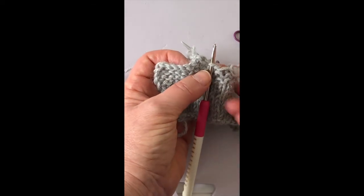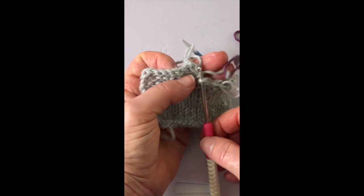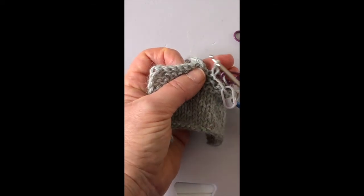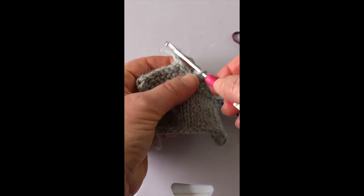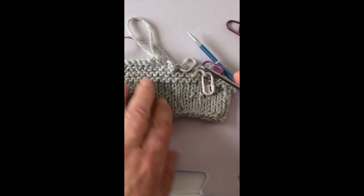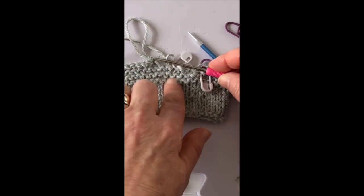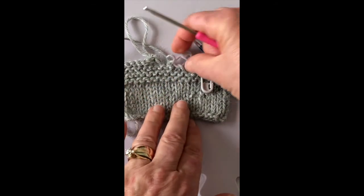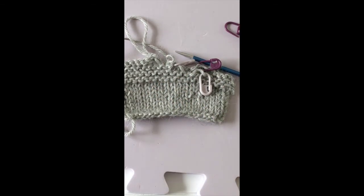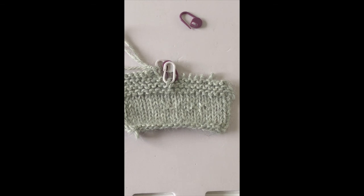It's purl and the knit. You see that it's all fixed, and I will remove my markers later. Fixing mistakes as you work in